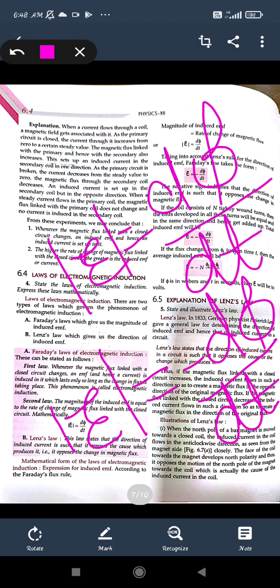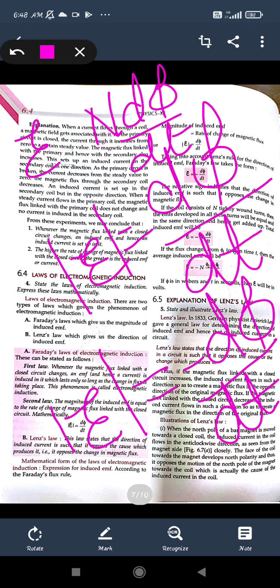Now what will this magnetic flux depend on? The number of turns on the coil. The number of magnetic lines of force will be perpendicular to the surface area. So the number of turns will increase the flux, with the area normally perpendicular to it, and when the flux changes, the induced EMF will also change. So it will depend on the number of turns also, which is given as n d phi by dt.